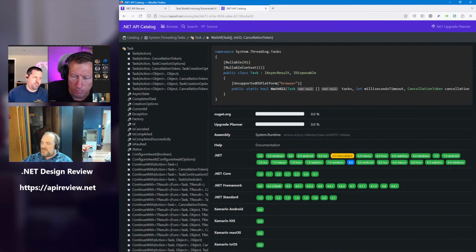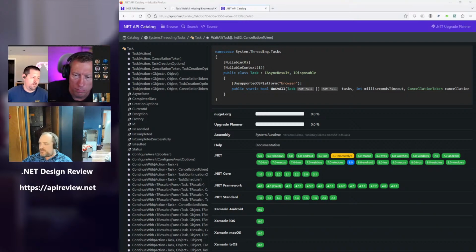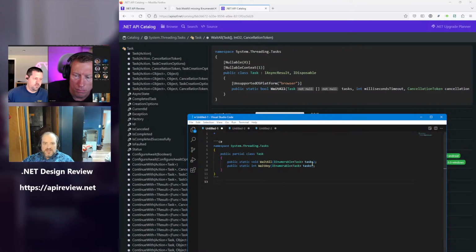That sounds reasonable. We could also do milliseconds timeout and default it to -1 if we wanted, but we have a Timeout.Infinite constant. But that would just be passing CancellationToken.None. Right.